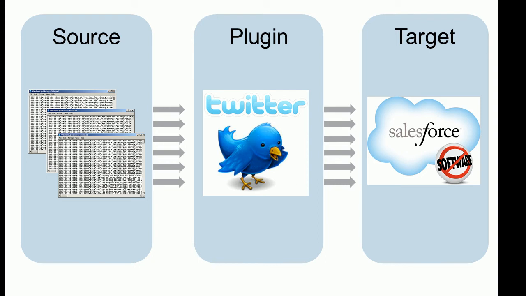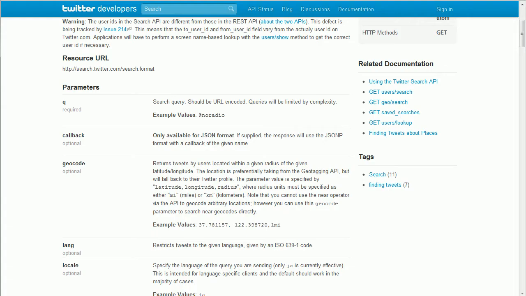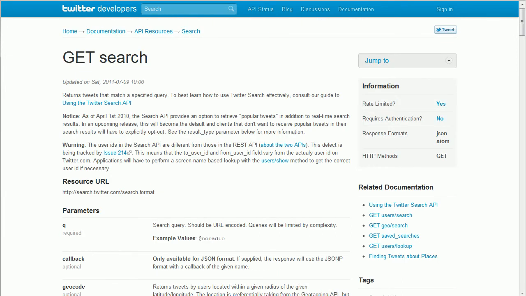The first thing you're going to need is a flat file with some arguments inside it. These could just be a couple of parameters, and they look very similar to what we see here on the Twitter Search API. If you just search for Twitter Search API, you will get this result as the first result, and it's going to be a GET search. So it's literally like typing something into your browser, adding the correct parameters, hitting enter,